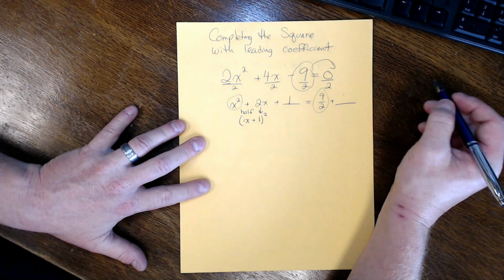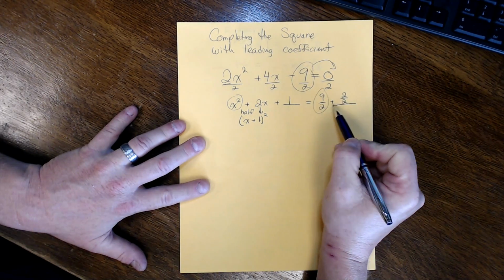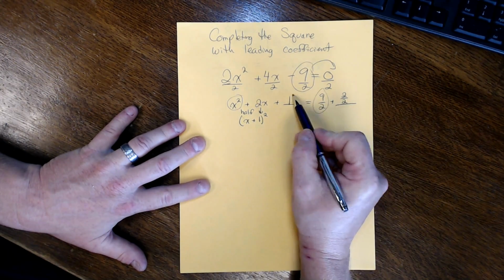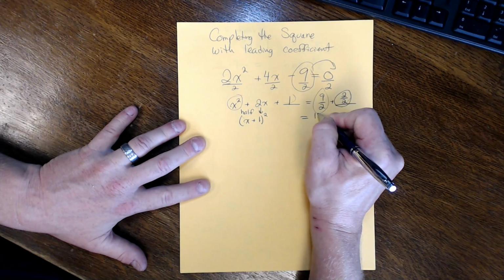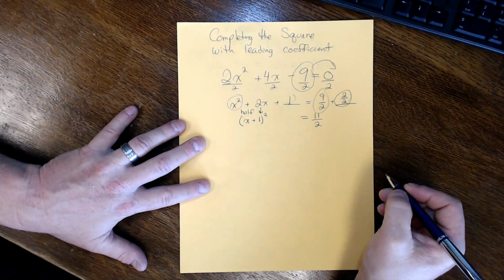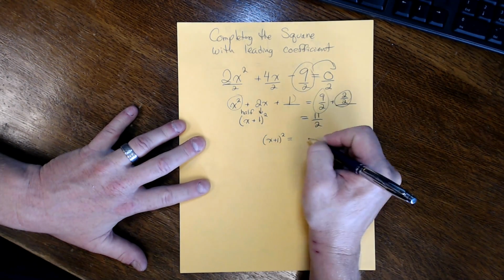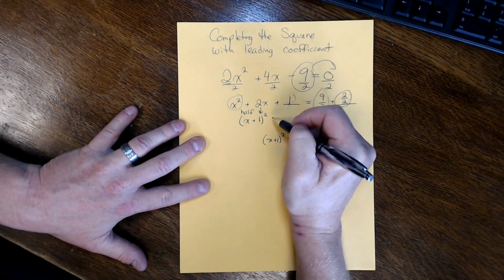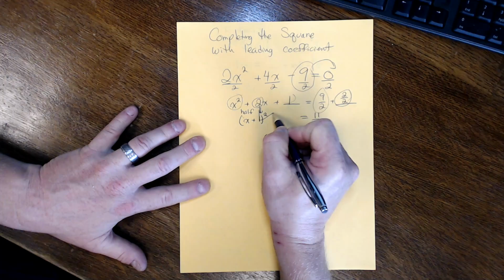But I know that this is 9 halves, so I'm going to make this 2 halves, so I have my common denominator here. So I'm adding 1 here. This is technically 1. Now that equals 11 halves. So I have x plus 1 squared is equal to 11 halves. Remember, the mantra that we use, half and then square